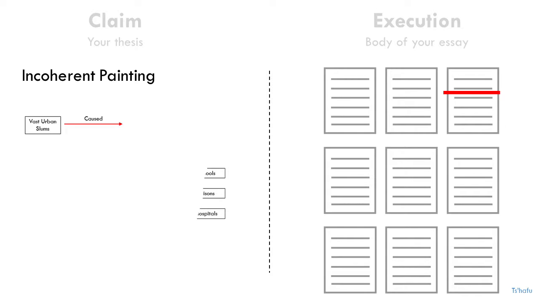All right, let me continue reading. Schools, all right. Okay, so they continue reading and now they're in trouble, asking themselves, okay, how do we get from urban slums and then all of a sudden we get to schools, prisons, and hospitals? I don't know. So they just continue reading and by the end, they are left with a painting like this. You can see that there are gaping holes here, right? There are these holes that are essentially disconnecting the chain.